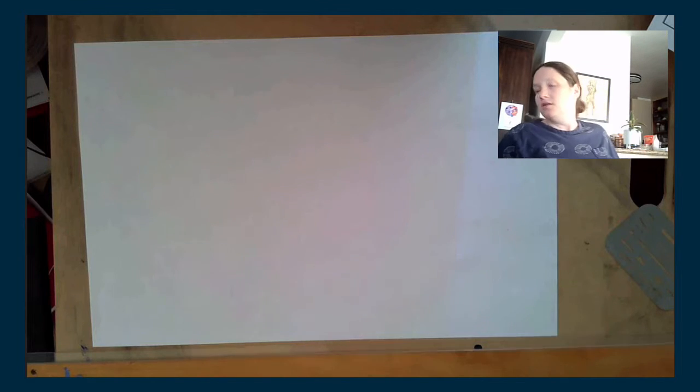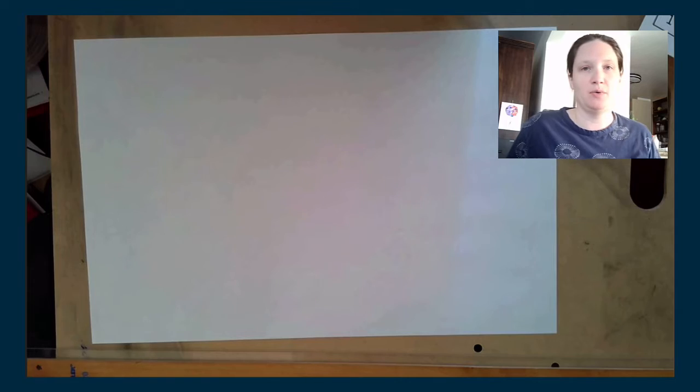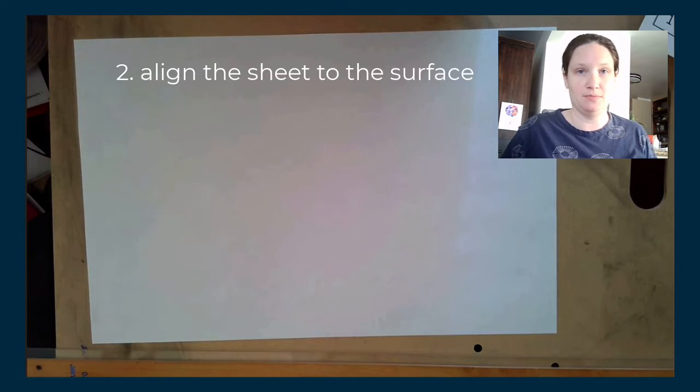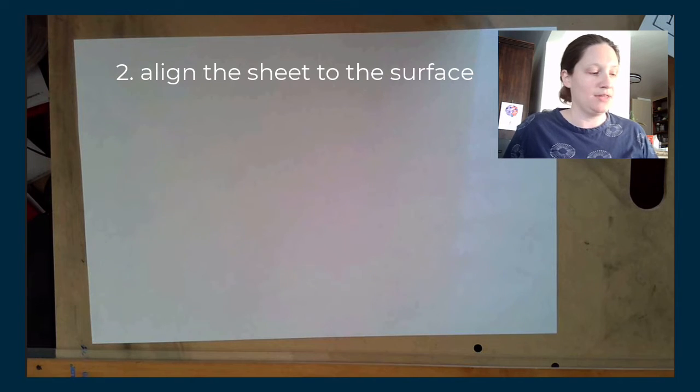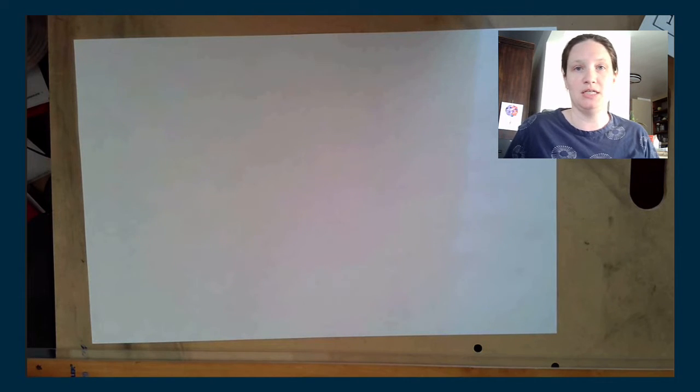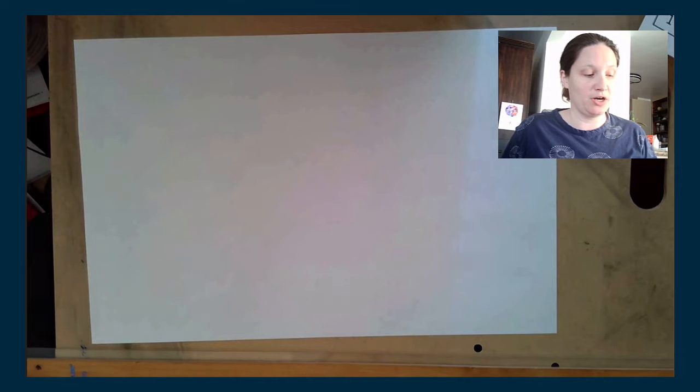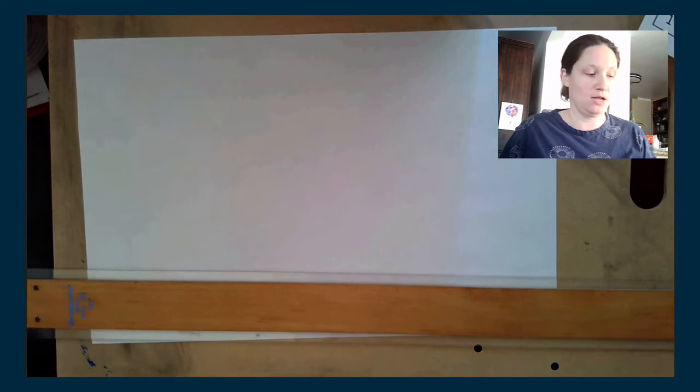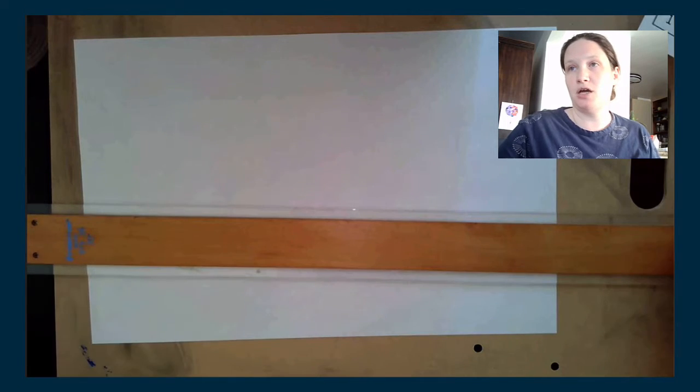So let's do this. The way we align our sheet to the board is important because that determines that the page is square to the T-square, and the T-square gives you those perfect horizontals. So the way you would go about this task of aligning,